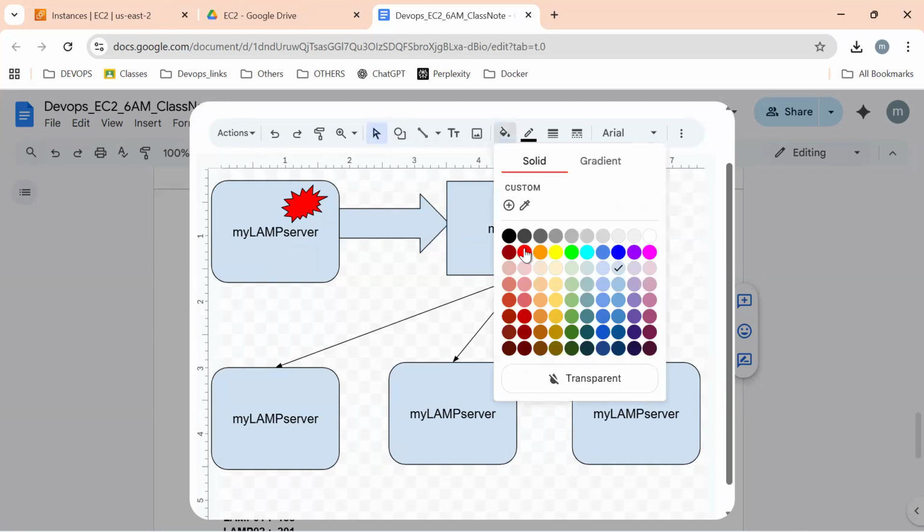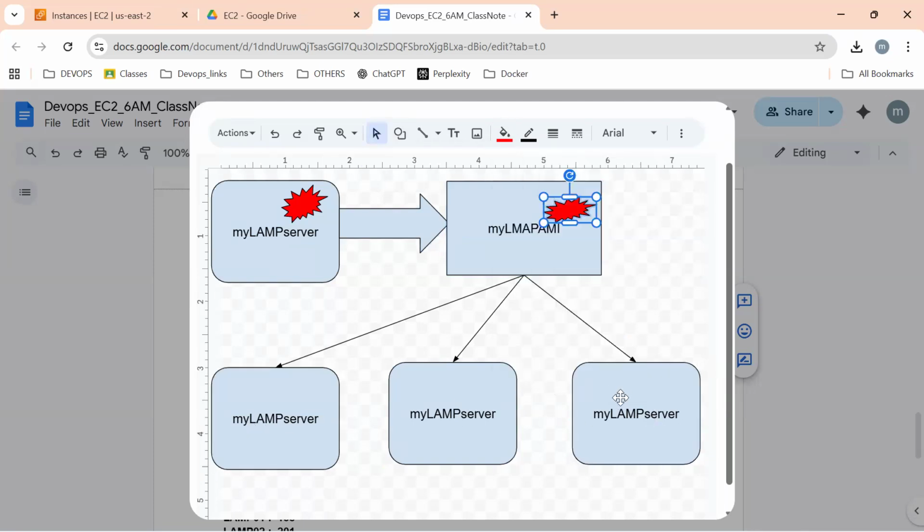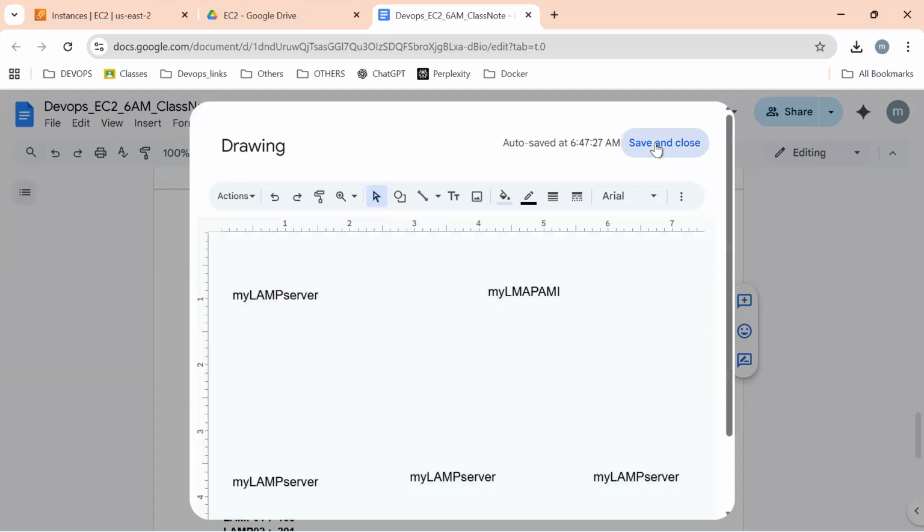Without the AMI, these LAMP servers keep working. From these LAMP servers, we can again create LAMP AMIs also. The AMI is not depending on the original server, and these duplicate servers are not depending on the AMI. They work independently of each other. Please be aware of this.